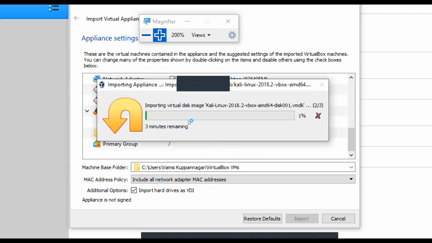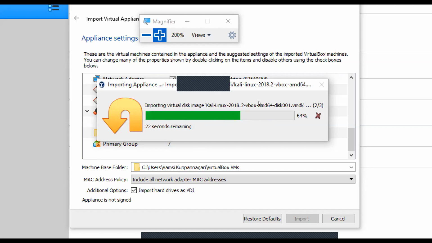Once I click on import, it will import a virtual disk over here. Let me go with the installation; it just takes 2 minutes.